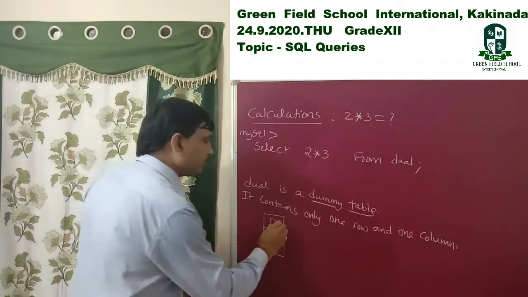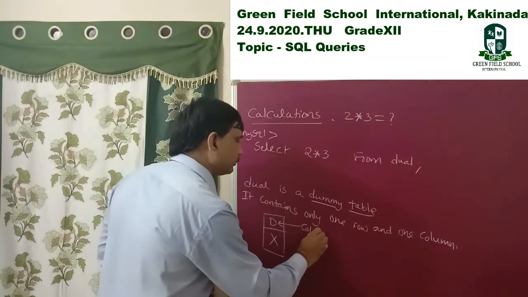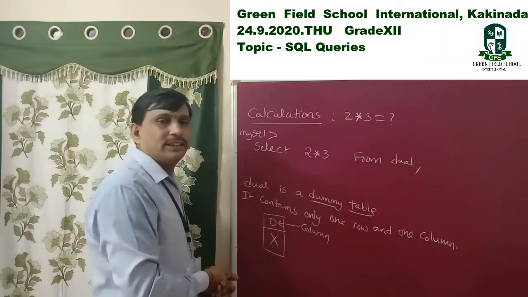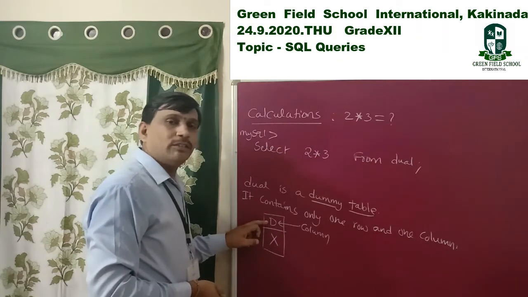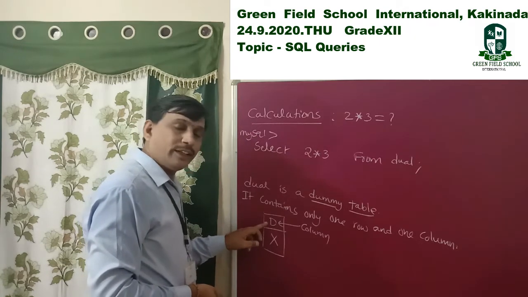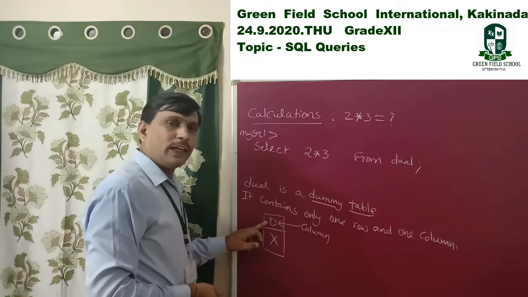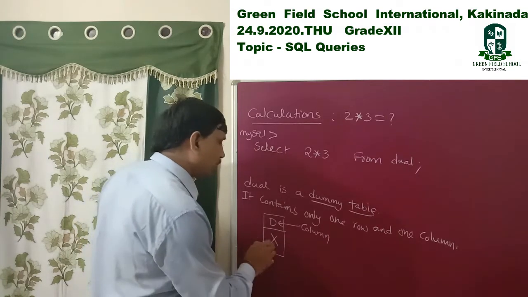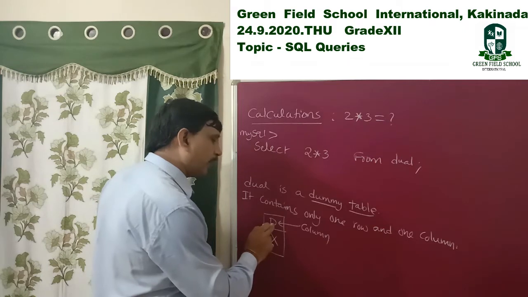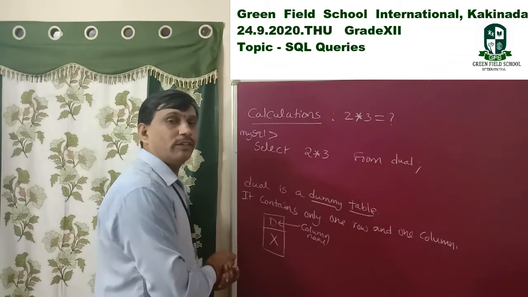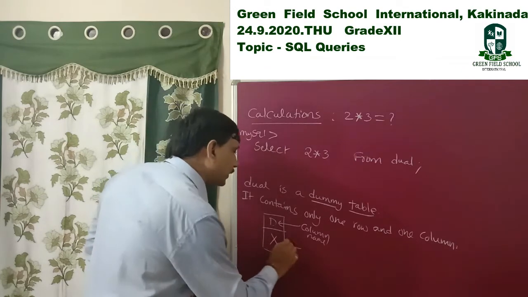It displays like that. The syntax is D X. Here D is a column, the dummy column name. Here we can write anything, whatever you are interested in. This column replaces D. D means by default, we can write anything here. X is the column name. We specify anything here according to our requirement. Here we display the output.